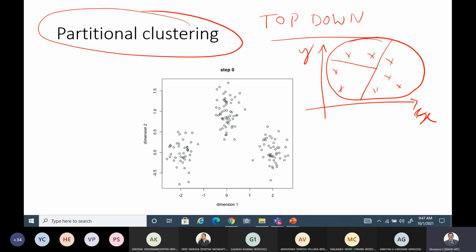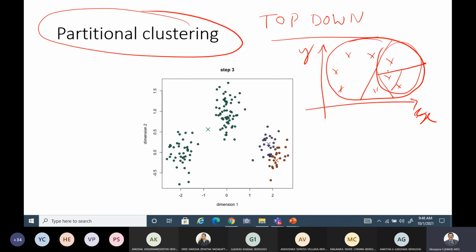But even you can repeat this procedure. Suppose you have already made 2 groups, say for example. Further, if you want to divide within this cluster, yes, you can even divide it. Further, suppose this cluster you want to divide, yes, you can divide it. But how many times can you go on dividing? You can go on dividing so that finally it ends with a single sample in each cluster.